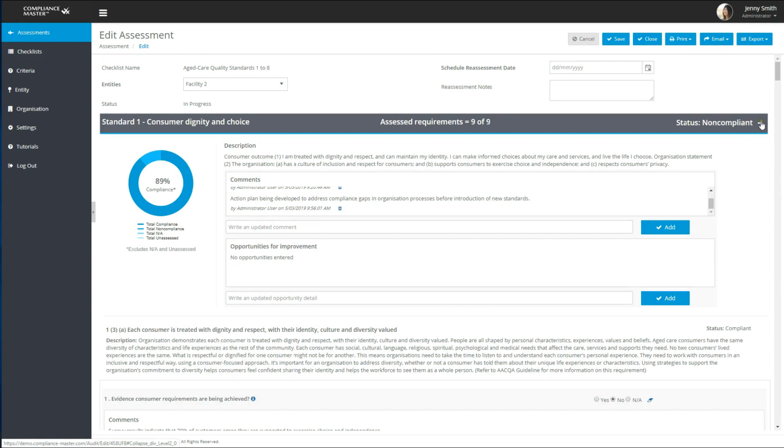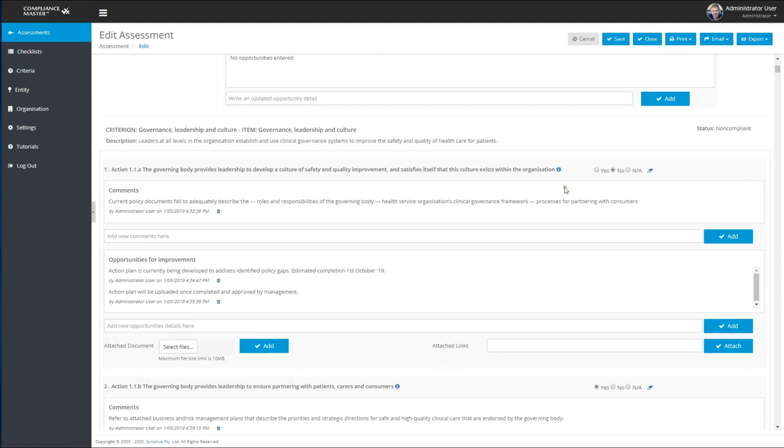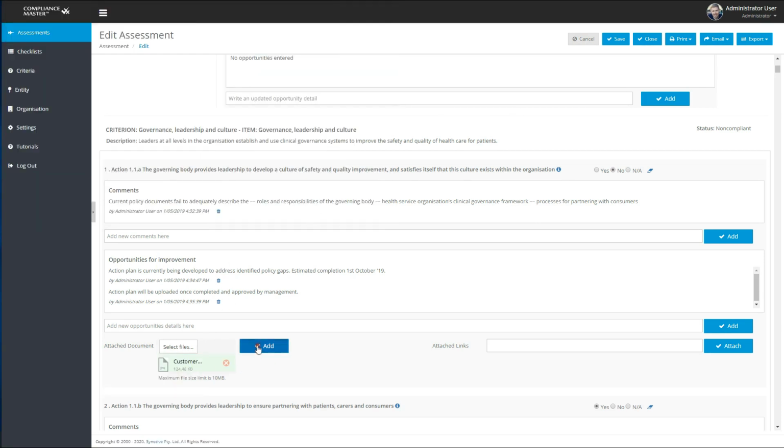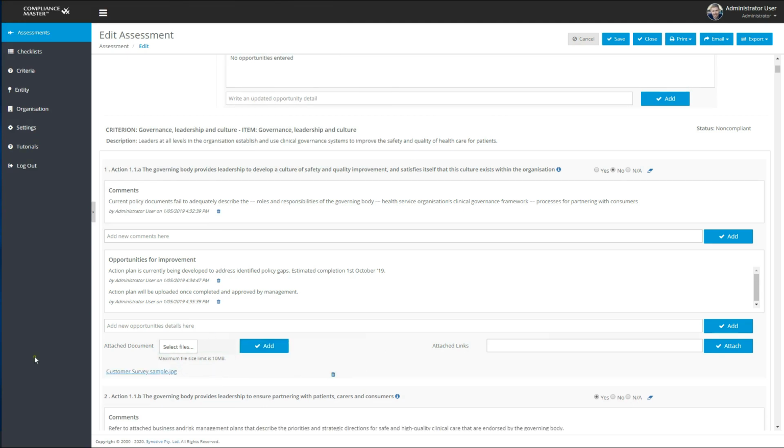Compliance Master takes a very simple approach when it comes to recording compliance assessment results. Select a yes response if there is evidence supporting compliance with a particular assessment criteria, otherwise a no response is appropriate. If a specified compliance criteria doesn't apply to the entity being assessed, then there's a not applicable option. Depending on how you've structured your checklist template, you also have the option of entering supporting compliance and improvement notes alongside each criteria. Finally, but most importantly, you can also attach or add hyperlinks to the compliance evidence used to